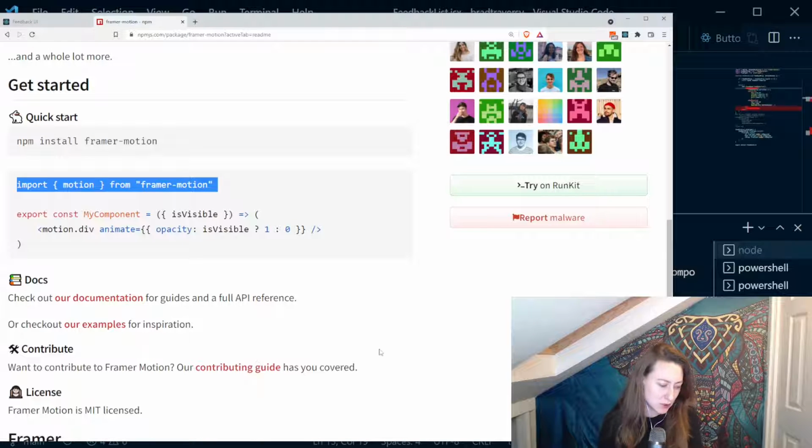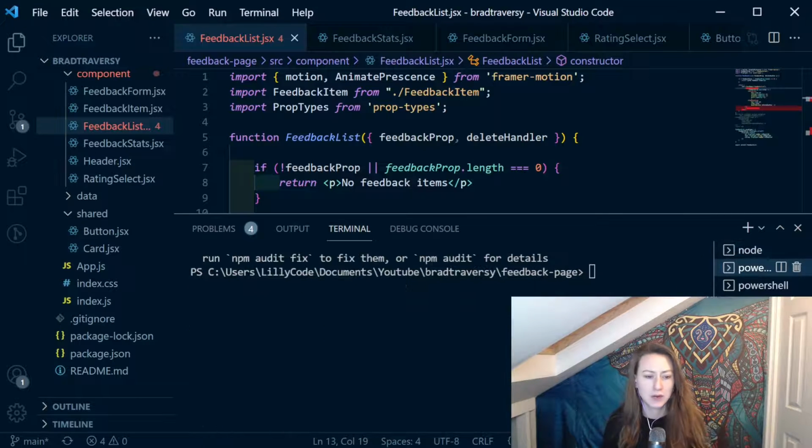Okay, maybe I'm going to just install the version that he also installed, because he did say he had an issue. And maybe that's what we're seeing as well. So 4.1.17 he installed. So we'll come back to our thing here and we'll say npm i framer-motion